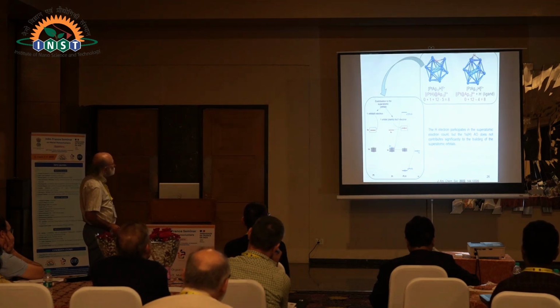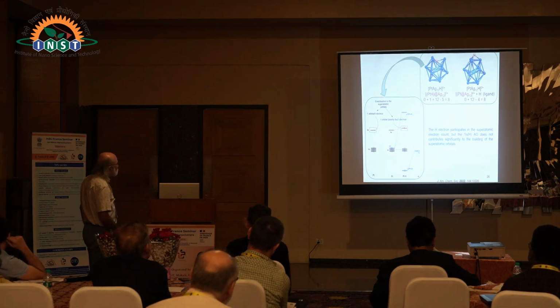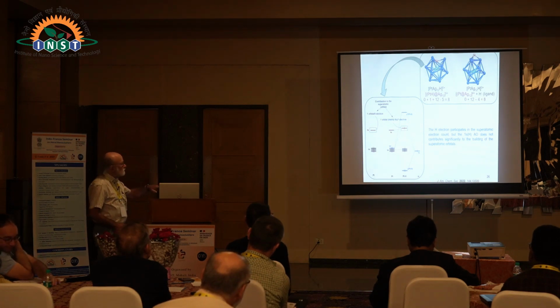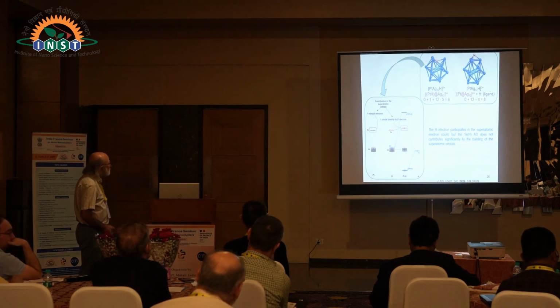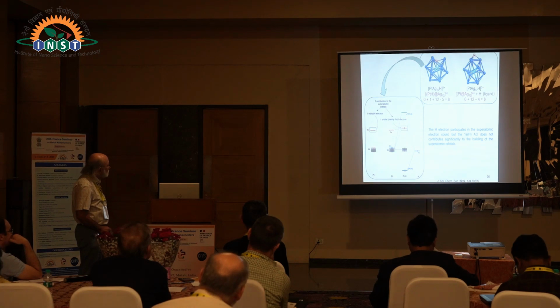If we remove the hydrogen atom, in the center we have a platinum atom, and the platinum atom will use its 6s orbital to build the superatomic orbitals. The superatomic orbitals are made of this 6s orbital. This is okay, but one electron is missing. If we had gold in the place of platinum, we would have 1 electron there, and now we would have a count of 8 electrons.